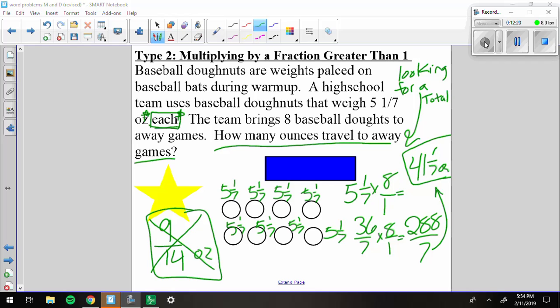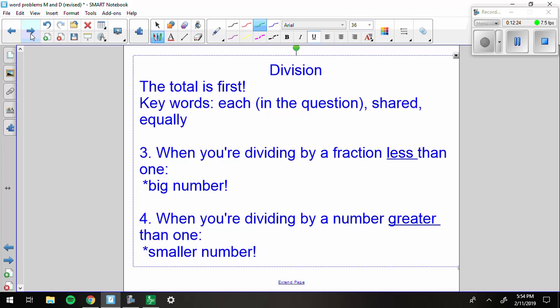It needs to be a multiplication then. All right, moving right along, we're getting into division now. In division, make sure the total is first. We're always going to have a total in our division problems, similar to our first type of multiplication problem, but